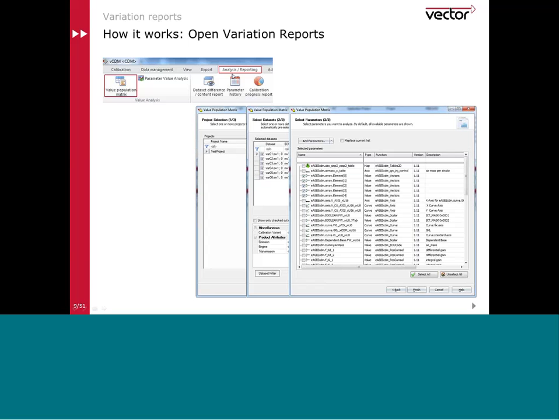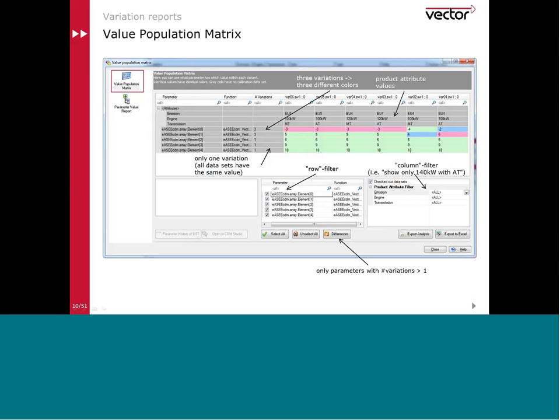You can start it from the ribbons out of the analysis and reporting menu. There you will find an icon which is called value population metrics. And if you click on it, then you first have to select a project. Then you will be asked over which vehicle variants you want to do the population matrix, and afterwards you can filter for some labels to get the overview on. If you click on finish, then the value population matrix will open